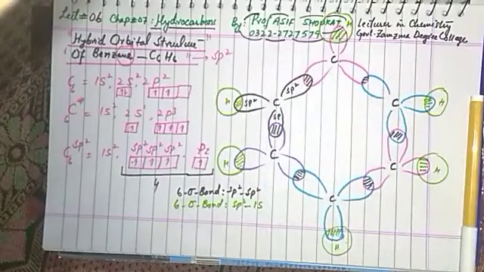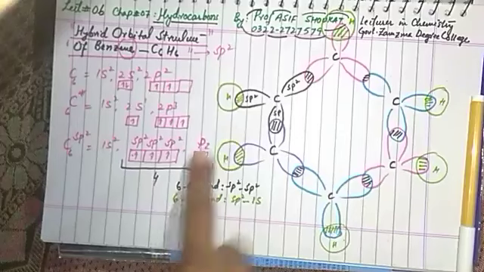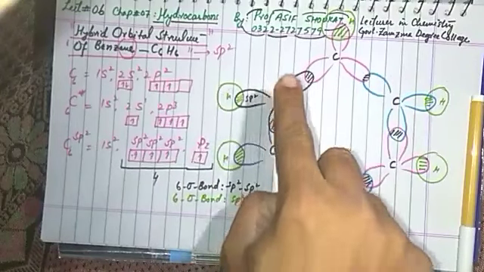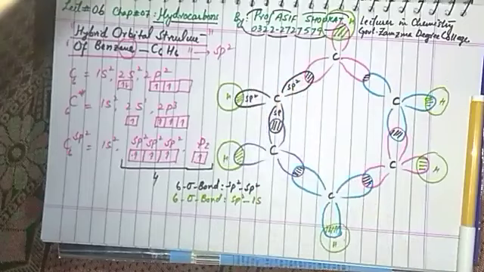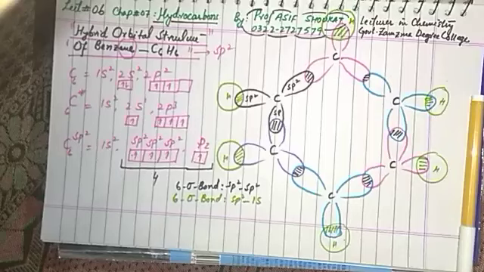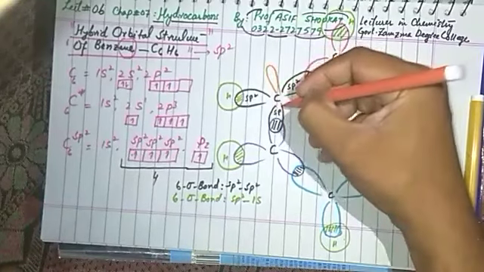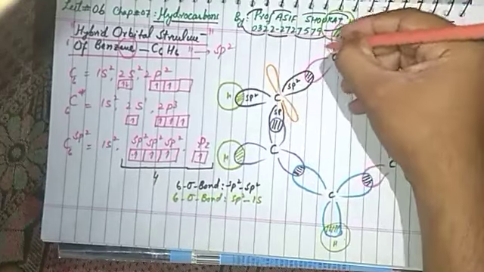Each carbon now has one pz unhybrid orbital. The unhybrid orbital would be here. Look at my finger, above the plane, also into the plane. It is not possible for me to draw above the plane or into the plane while using this 2D diagram on a piece of paper. Just for my convenience, I have used this technique, like this orbital and this one.